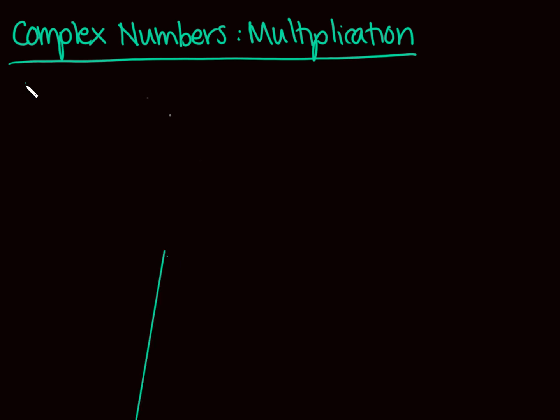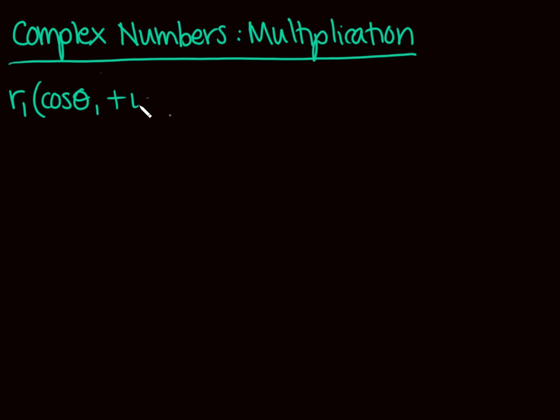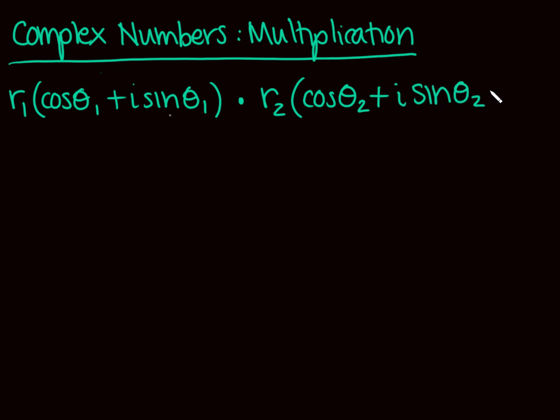Okay, so given complex numbers, given the, whoa, settle down there, pen. Given the complex numbers, so we have two complex numbers. Well, actually, I'm not going to write all that. You know they're complex numbers. I'm just going to write out the result. So if I have two complex numbers, r1 times cosine of theta 1 plus i sine of theta sub 1, that's the trig form for my first complex number. If I'm going to multiply that with r sub 2 times cosine theta 2 plus i sine theta 2,